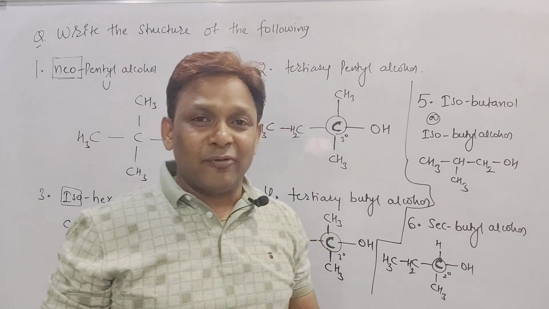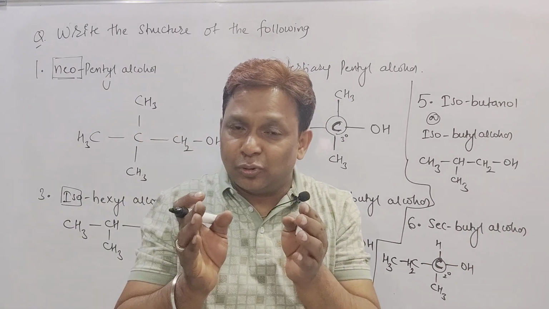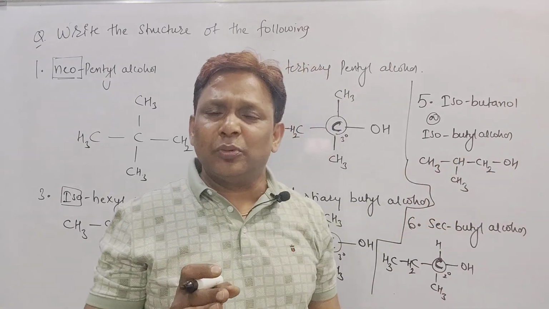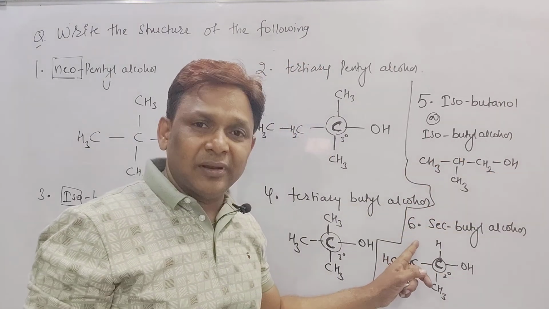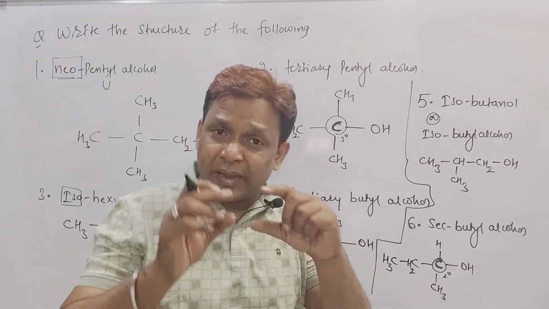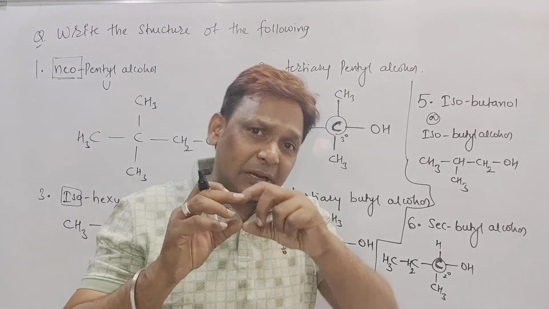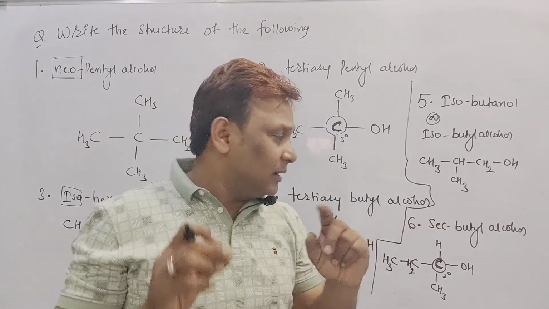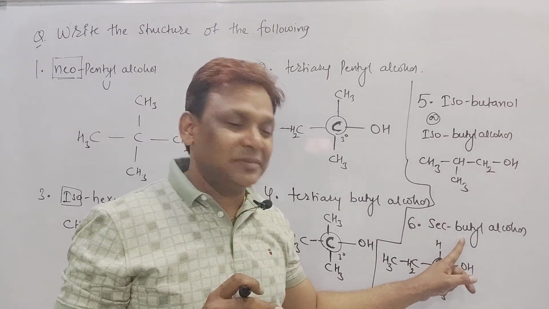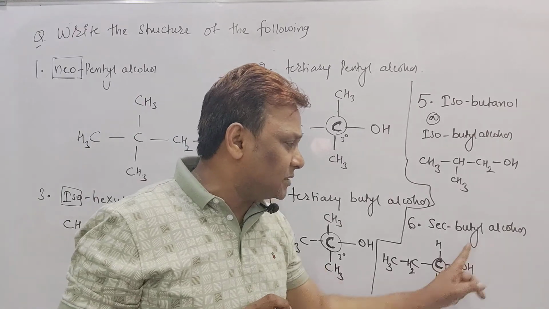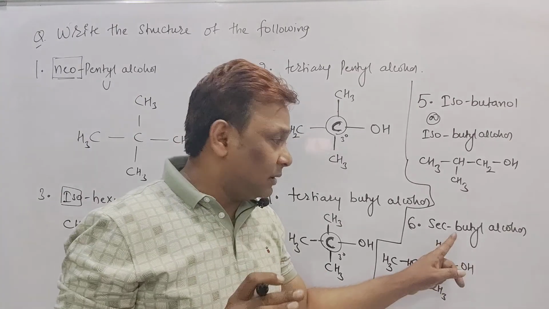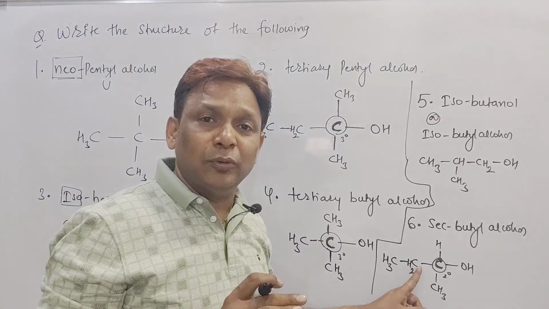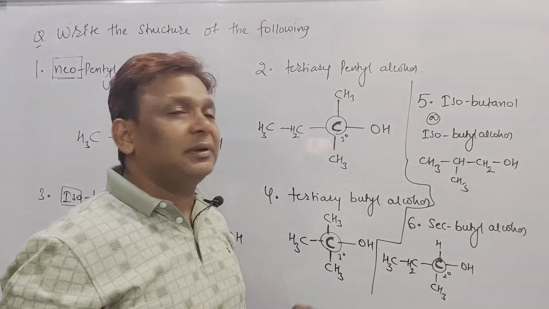Is it clear? For iso, make the iso group, then count the number of carbon atoms and then put the functional group or the substituent. But in this one, secondary, tertiary, first you make that secondary carbon. If it is alcohol, attach the OH. If it is chloride, attach the Cl. Right? And then you count the number of carbon atoms. See, secondary carbon having OH is a secondary alcohol, over. But butyl means 4 carbon atoms we required. How many carbon we utilize? 3. And for butyl, one more carbon we required, we kept here.